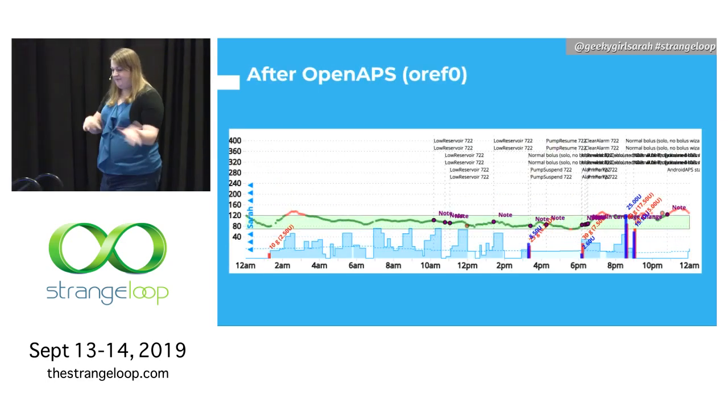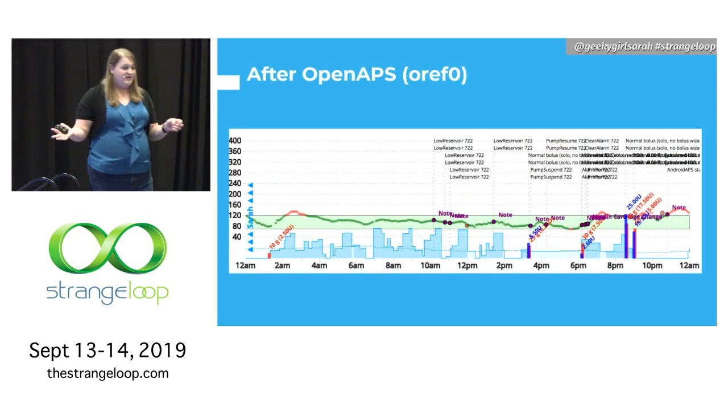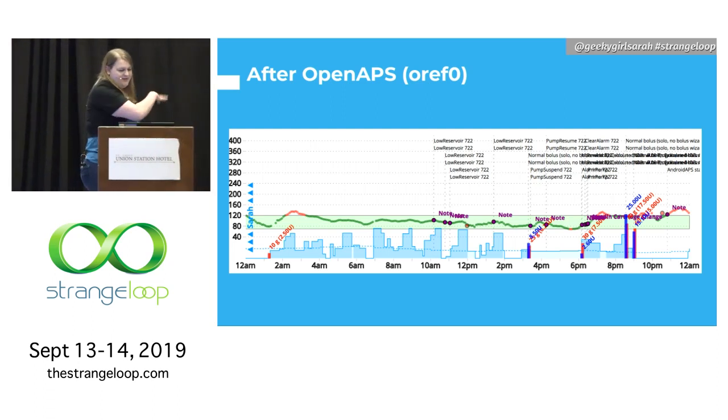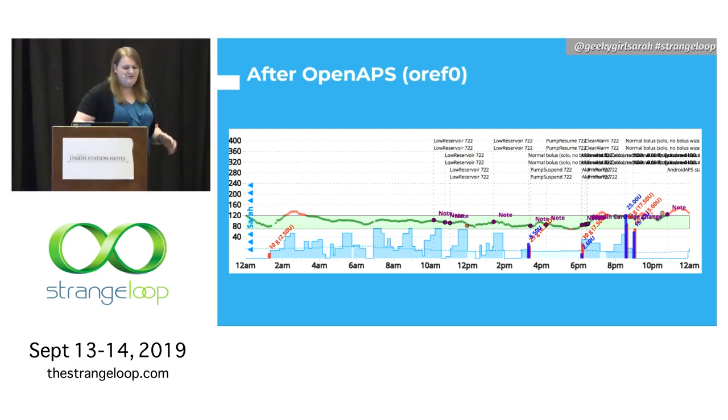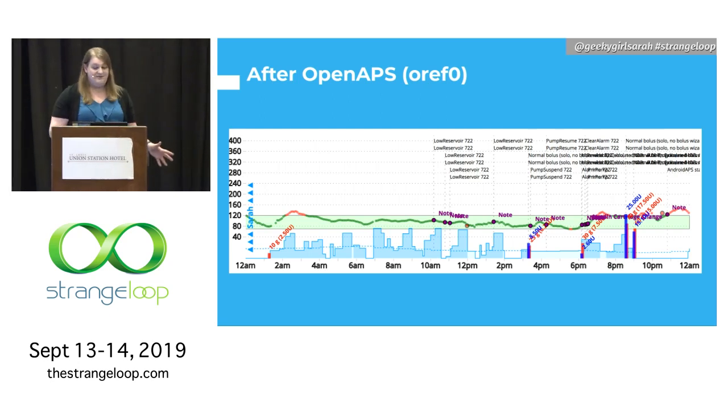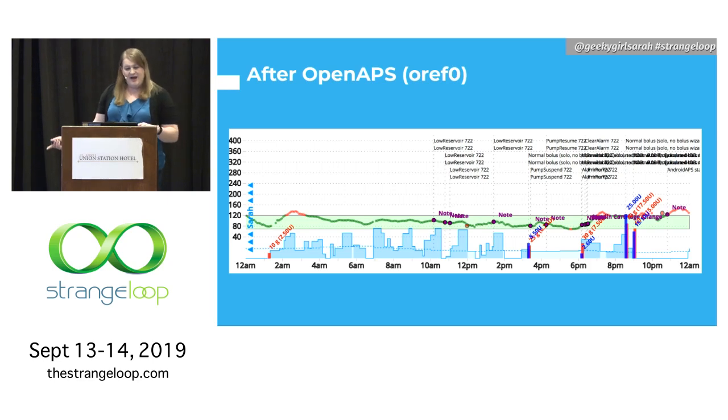Afterward, you can see, after I turned on the first algorithms, I have a lot of green. These values are really good. And you can see at the bottom, all these blues, that's adjusting all those basal rates for me. You can just see in general, there's a lot of activity. But once I turned on the newer algorithm,